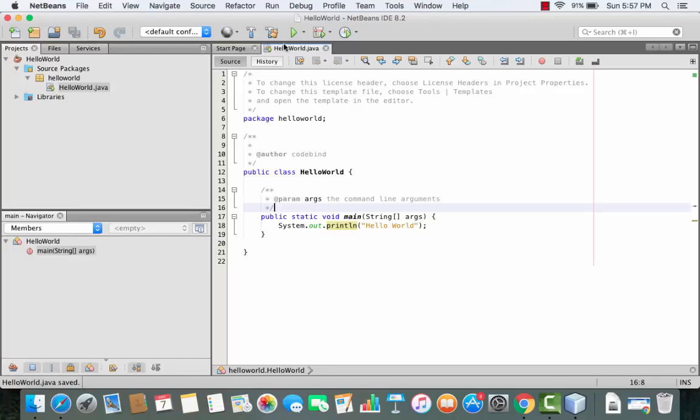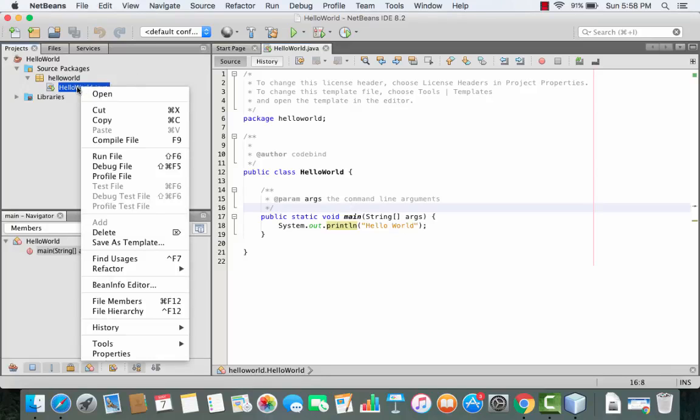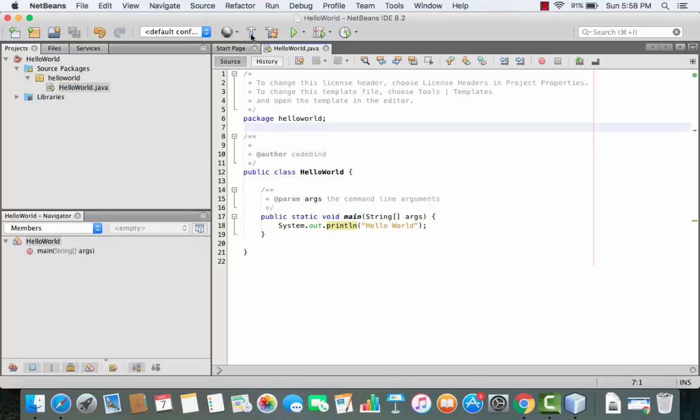And in order to run it, you can run it from here by clicking this green button. And before running, you just need to build your program, and this is the icon for building your project, right? You can also press F11 to build your project. And if you go to your project and right click on your Java file, then also you can run this file from here. Okay, so first I'm going to click this button, which is for building the project, which is this hammer button,